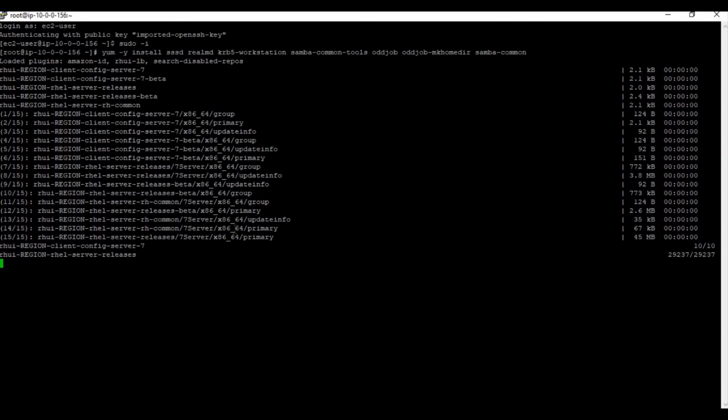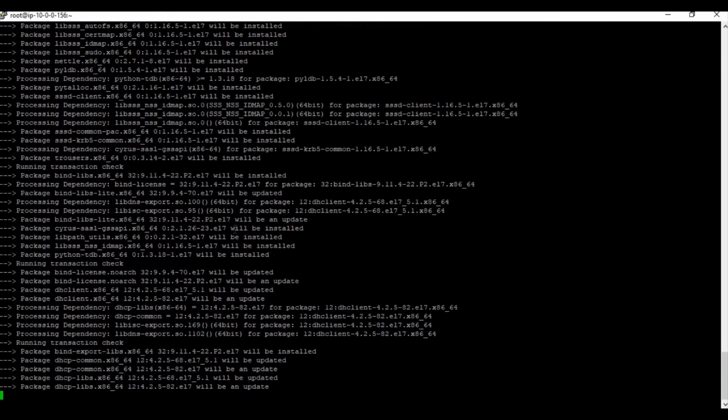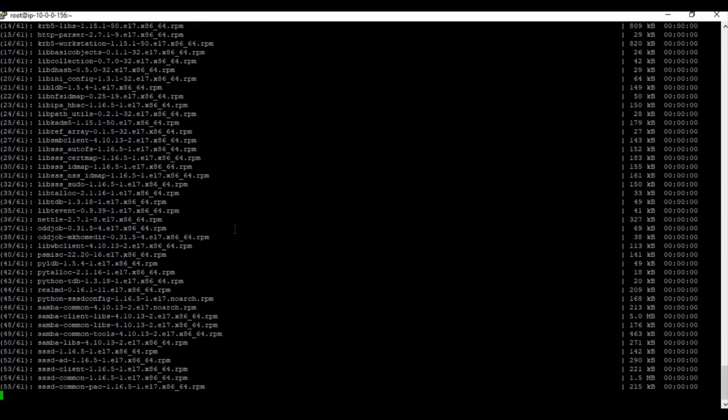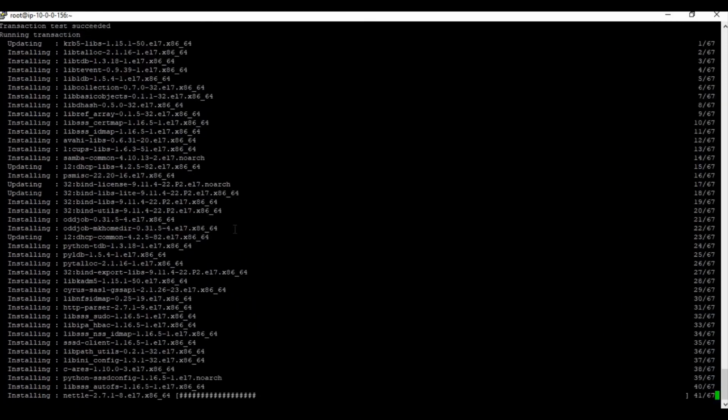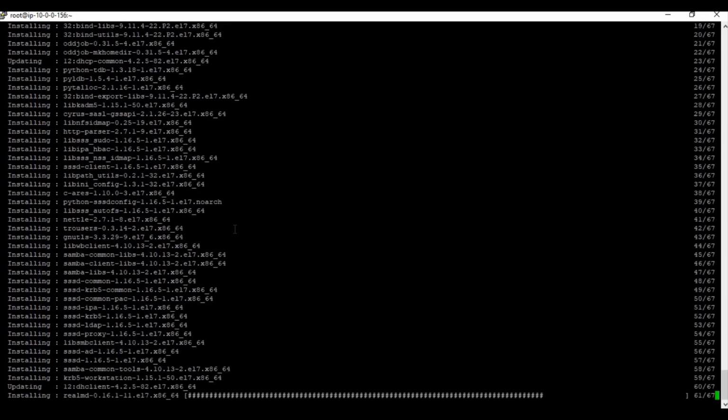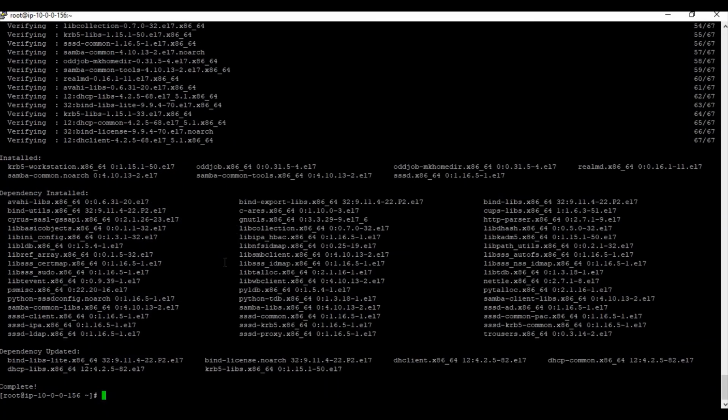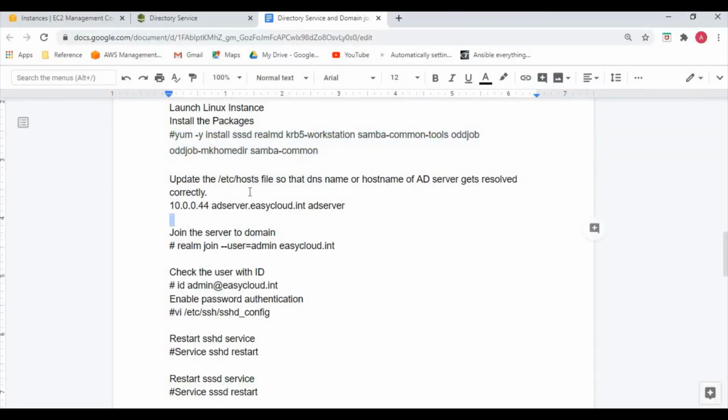Okay, it's taking some time here to install the packages. Okay, it's installed now. So next, we need to add this host. Before adding our AD server in the hosts file, we need to get the complete FQDN of our AD server.